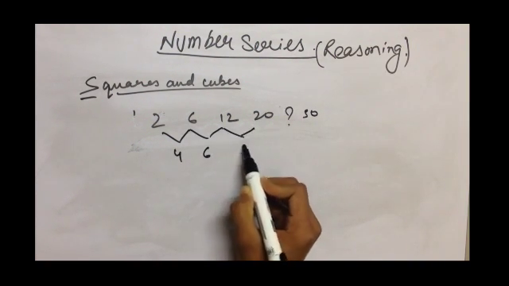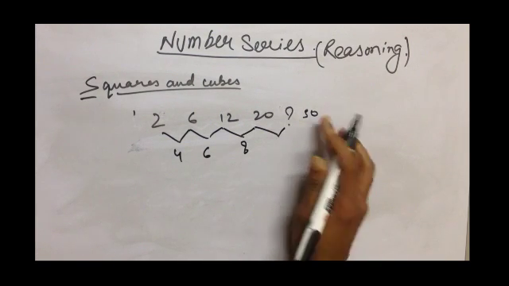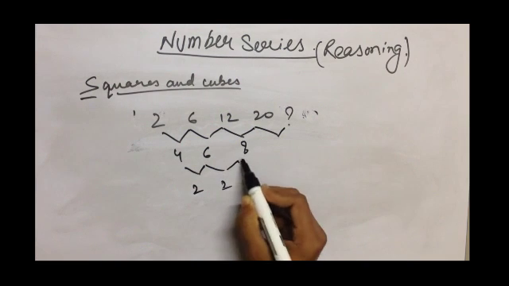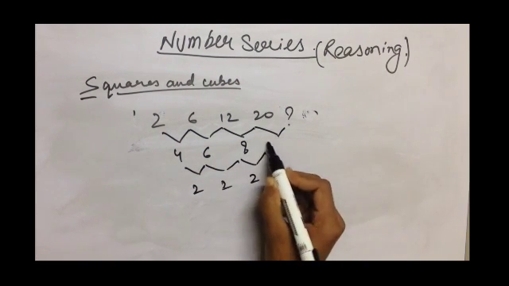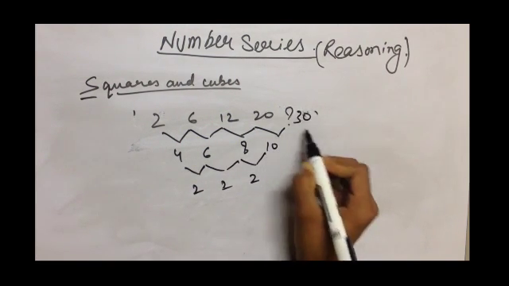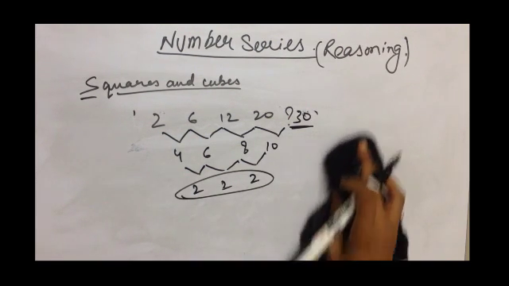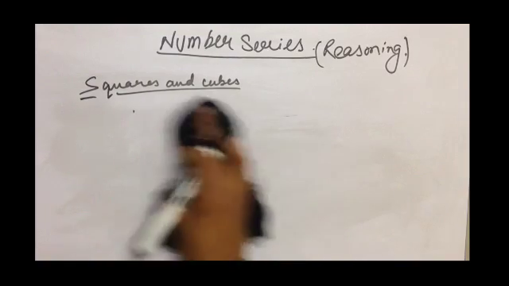Or the question may be 1 square minus 1, which is 0, then 2 square minus 2, and so on. The question may be any of these patterns, in which we have to be careful somewhere. It may be in the form of a square, and there a difference